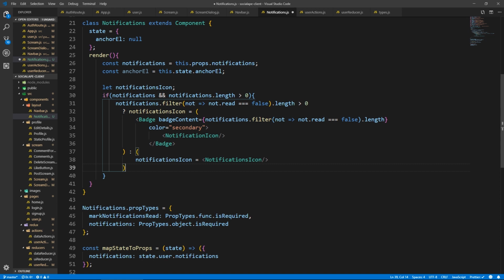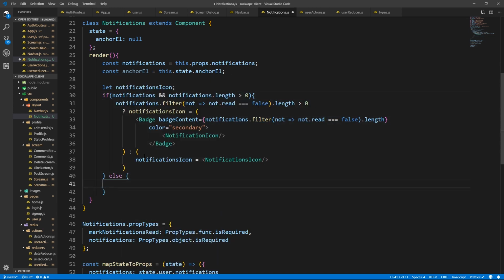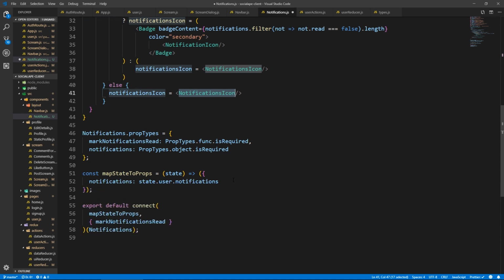We need to handle the else case. So else, we'll do the same here. So notification icon equals notification icon. Because we could have notifications and all of them are red. In that case we do this, and we could have no notifications, and in that case as well as this, we just put the icon. Alright, so here